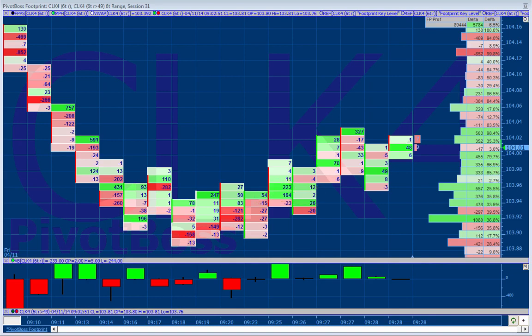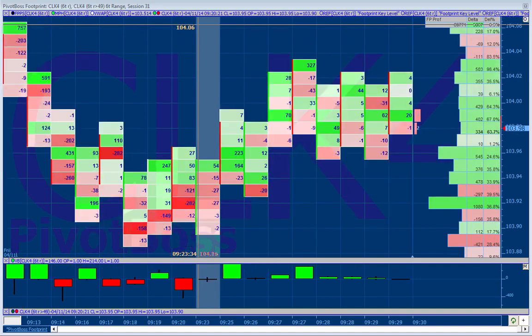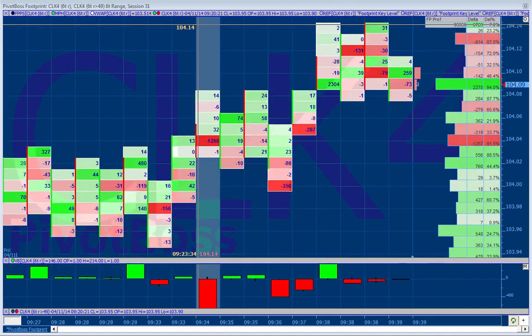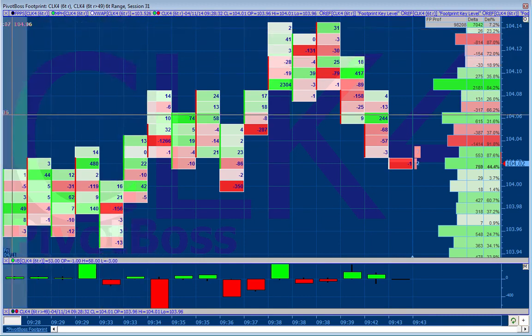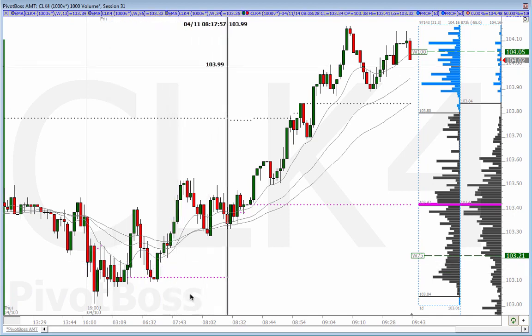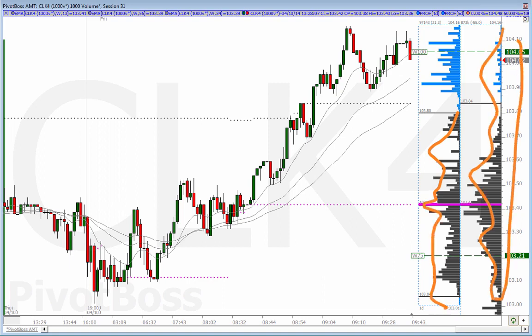So now when you come in here and you push play, again, you'll see price start to rotate higher off that zone because absorption is happening at 103.88 to 103.92. Now before we move forward, let's go ahead and drop back down into the candlestick chart and just look at what's transpired in the market up to this point in the day. Basically, if you're looking at this chart, here's a couple of things to keep in mind. First of all, we have the 1-day volume profile that's developing here, and we have the 5-day volume profile that's developing here.